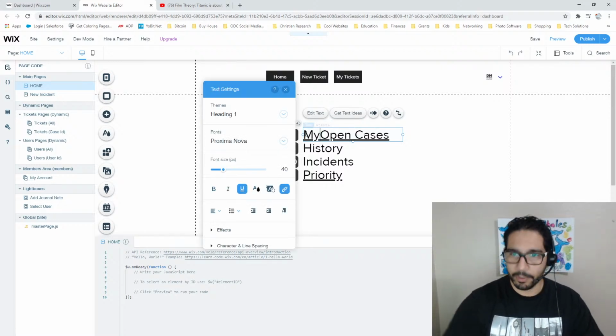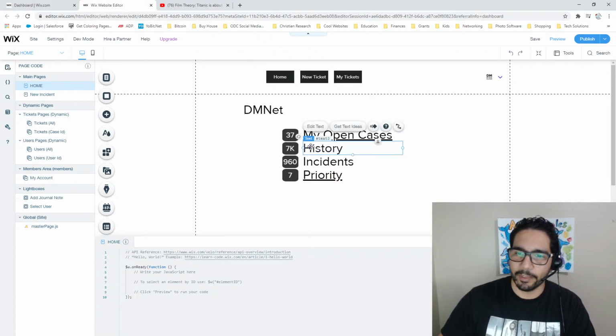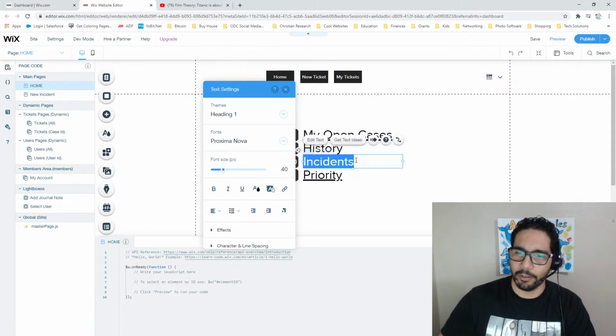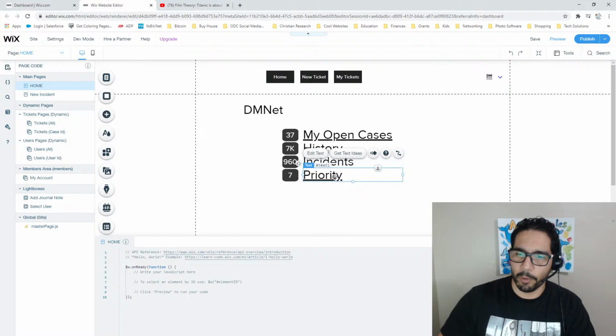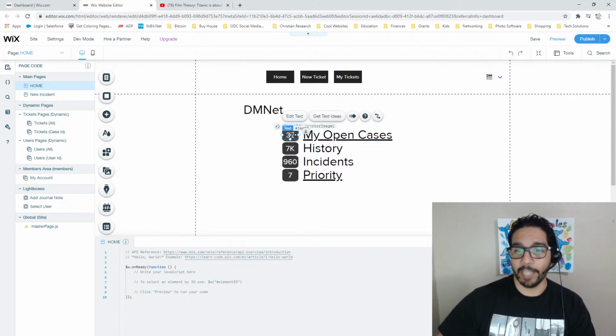Okay, so this should say my open cases. Yeah, so my open cases. And then this is the history of all the tickets. And then these are all the incidents that are in the queues and priority tickets. Okay, so this right now is just regular text in there, but we would like to see that number reflect the actual